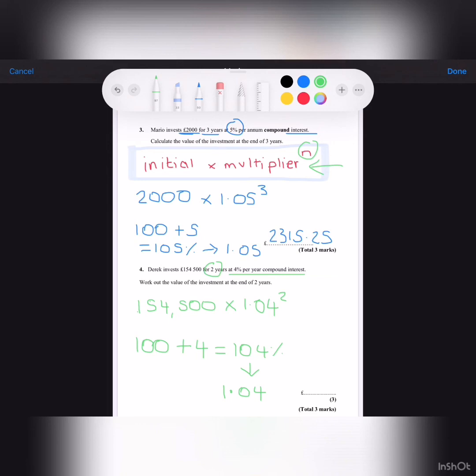Therefore, if we put that in the calculator, we get the answer of £167,107.20. So that's the final answer for